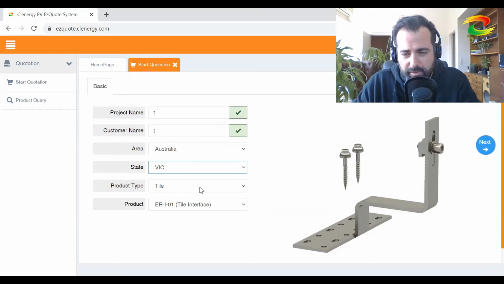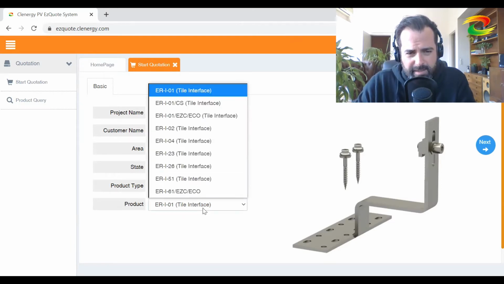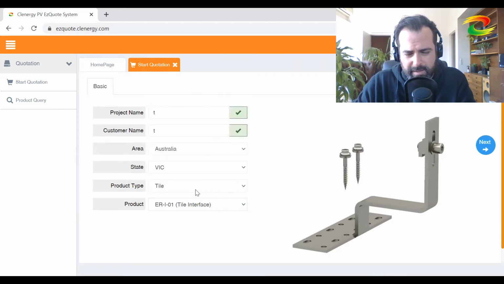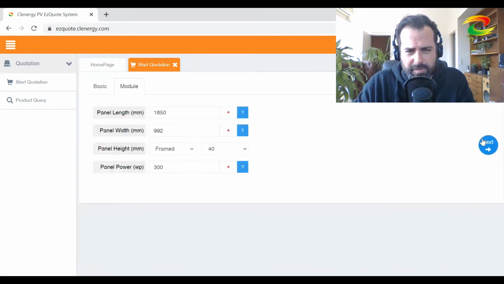So I'll just run quickly through them and I'll show you how to find the information about the maximum panel length, maximum panel width. So first of all, we'll go with tile. In here, you can select different tile interfaces, but the generic engineering cert covers all of them. And so then you click next over here. It'll take you to the next page, and then just see where you've got these question marks next to the panel length and the panel width. This is where you'll find that info. So if you click on the question mark, you'll see max panel length 2200 mil. That's in millimeters. Max panel width 1200 millimeters.